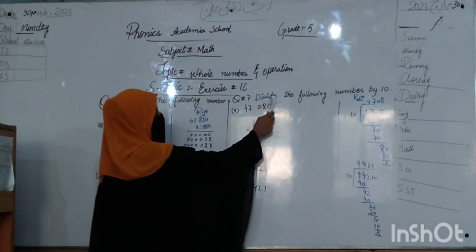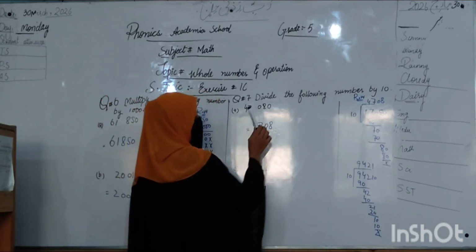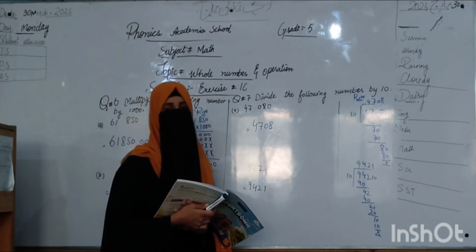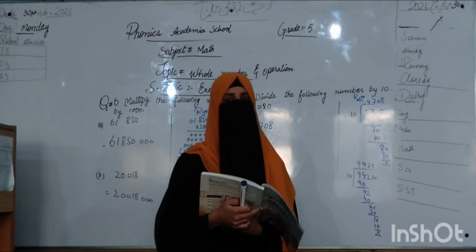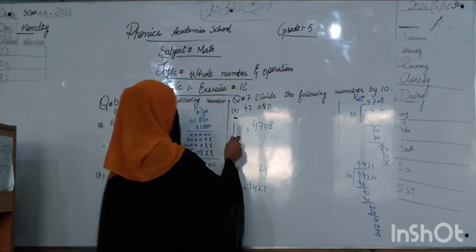Let's start question number 7. They say to divide the following numbers by 10. These are the numbers we are given. You have to divide these numbers by 10. Question number A is equal to